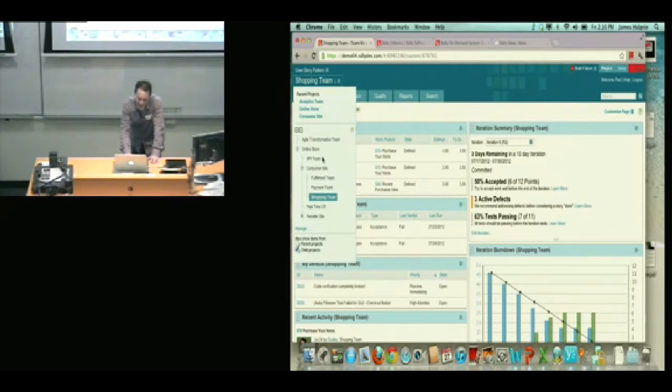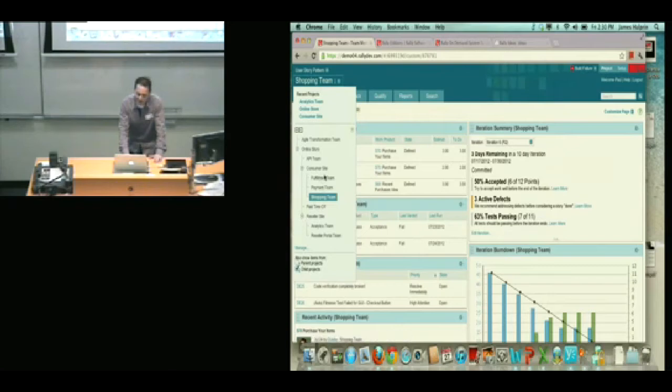And this really is part of the scalability of the tool. So just to explain what we're looking at here, the demo data that we're looking at the moment is for an online store. Okay, so think of it like an eBay or something like that. And this particular business has two components to it. They develop a consumer site and they develop a reseller site.